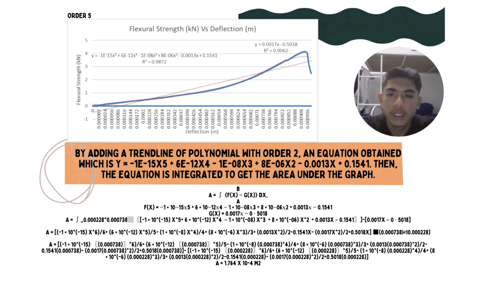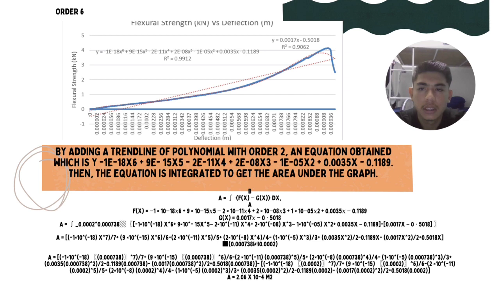Our fifth order, by adding a trend line of polynomial, an equation was obtained. Last but not the least, order 6. Here is the graph, and by adding a trend line of polynomial, an equation obtained which is y